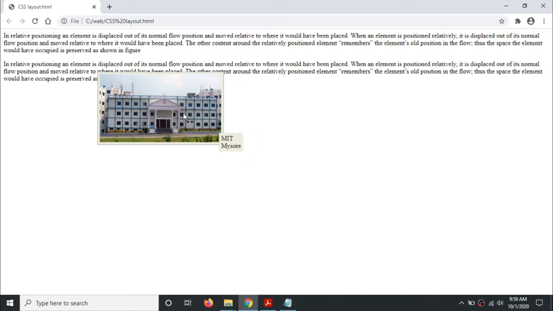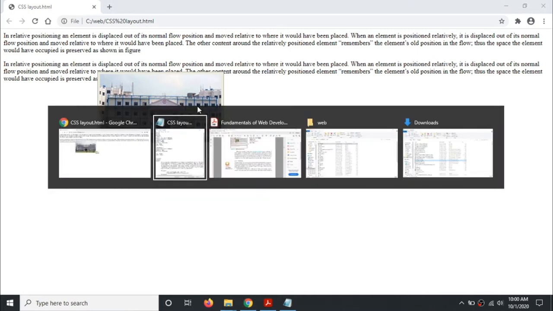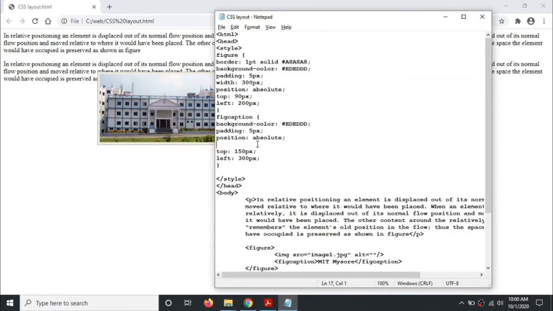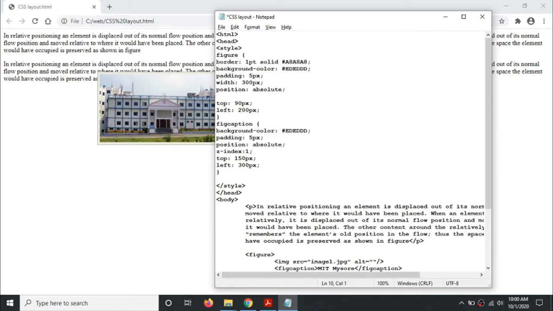Why? Because from the left it has taken 300. Now the size of that image itself is 300, so it has gone out of this figure box. Okay, so now I'll come back to z-index, which is nothing but depth. Control V, 1, and again here I'll write z-index. So both are 1. Now I'll make that 5 and 1, or else